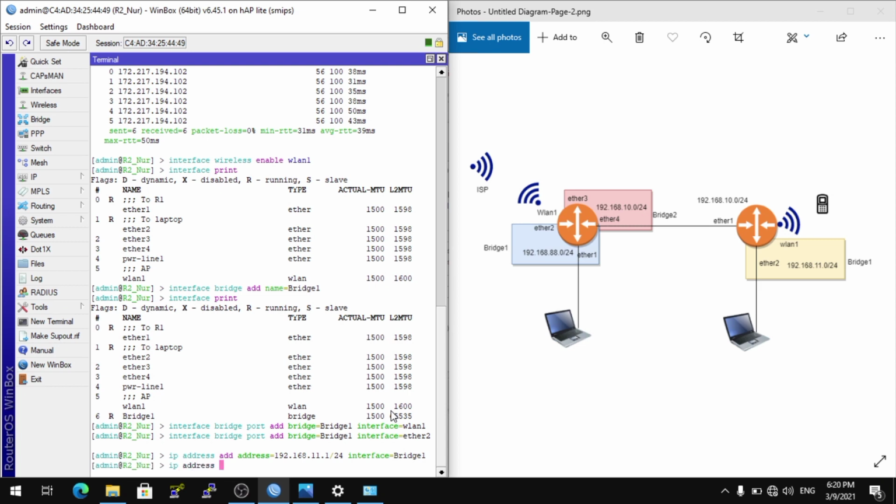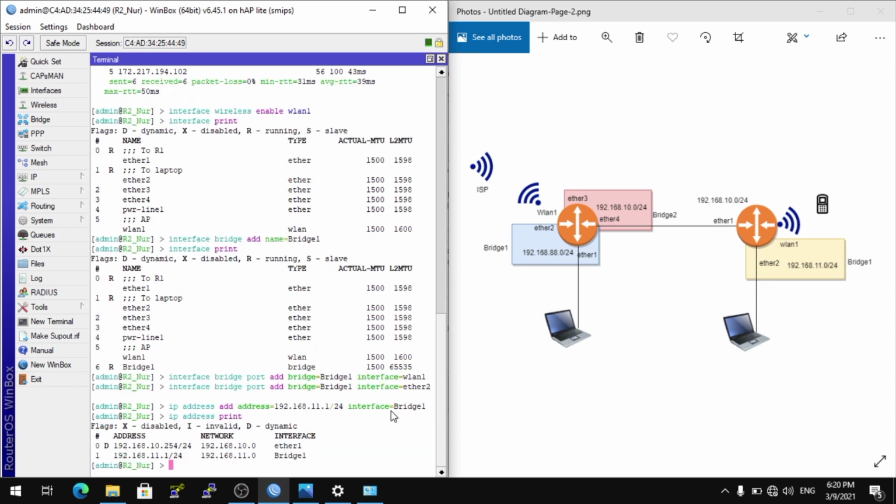Check IP address print. This is IP address 192.168.11.1/24. Success, created for interface bridge 1, and this is the IP from router 1 connecting to router 2 using interface Ether1.